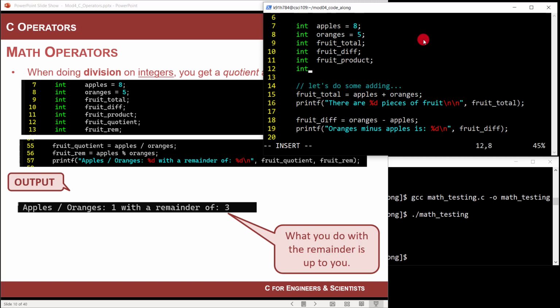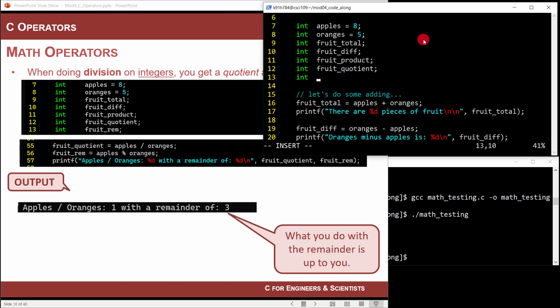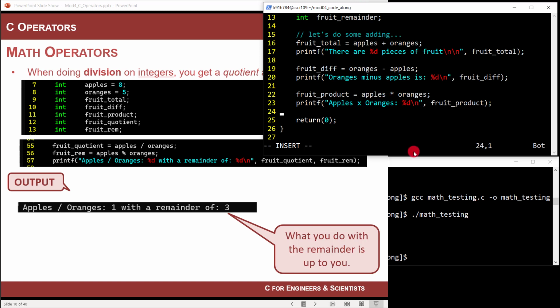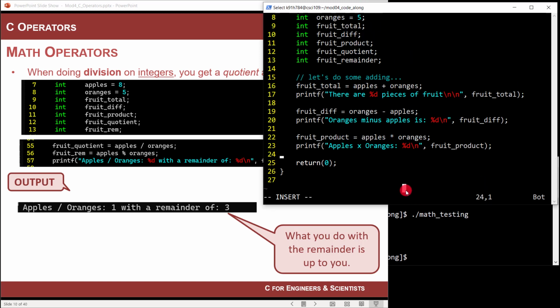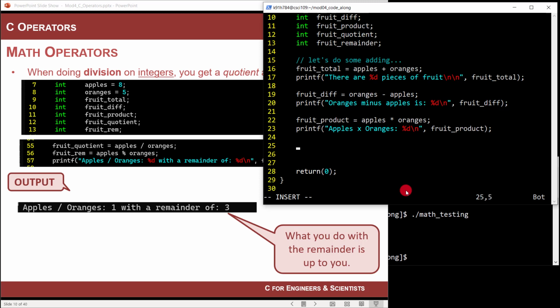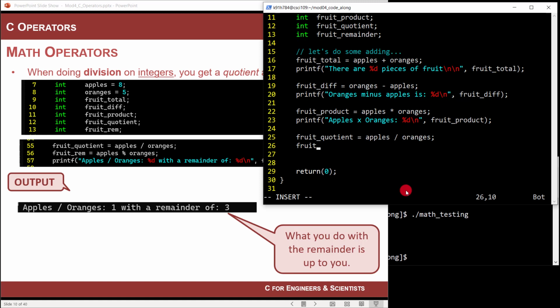Let's do division. So let's do fruit quotient. It's a long word. And then let's do fruit remainder. And this is now an integer. And let's go ahead and see how this modulo, what they call the remainder part, actually works. Okay, so watch this. I'm going to say fruit quotient equals apples divided by oranges. Then that's going to give me the integer quotient without a remainder. But then if I do